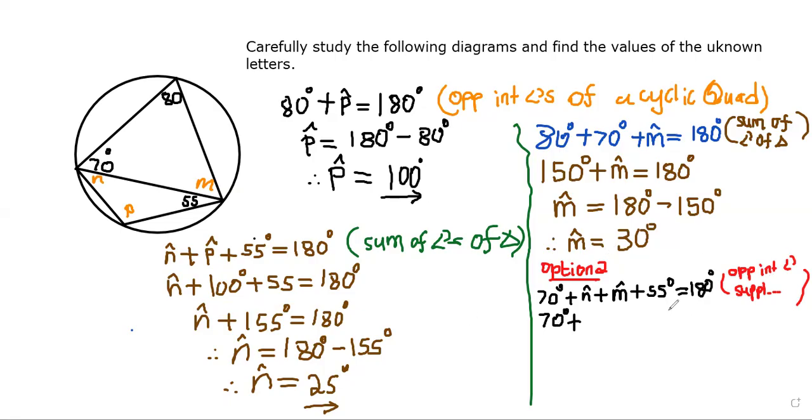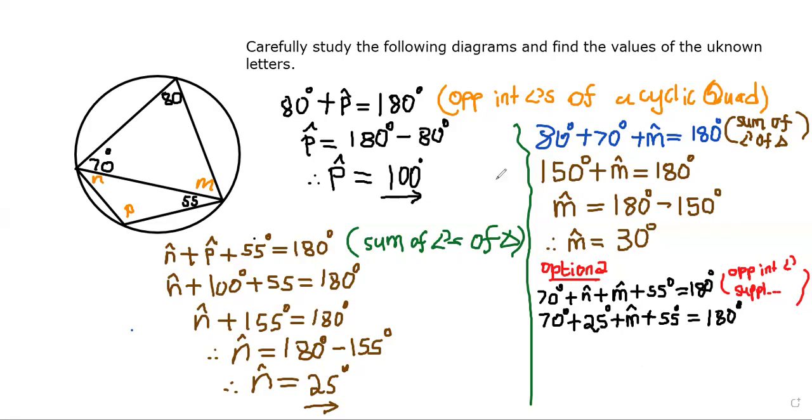Angle N, we got 25. So we're going to say plus 25 degrees plus angle M, the one that we're looking for, plus 55 degrees is equals to 180